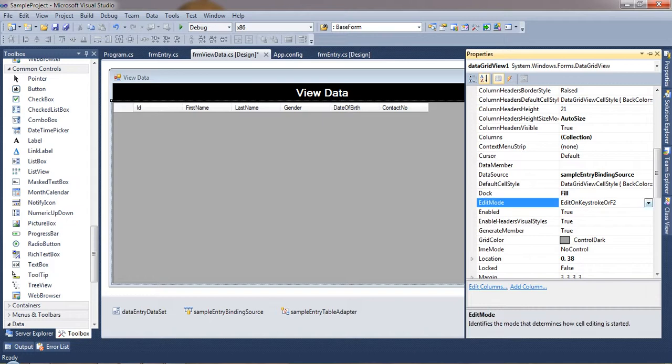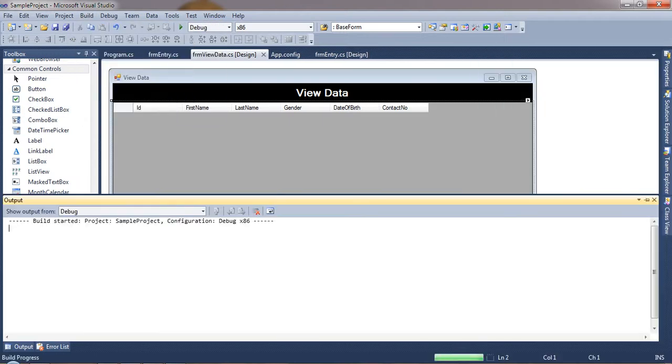Set the edit mode to programmatically. Means if you want to edit the record, then you have to write the code. Addition will not be allowed from the grid directly. So I did some modification. Now we'll check.